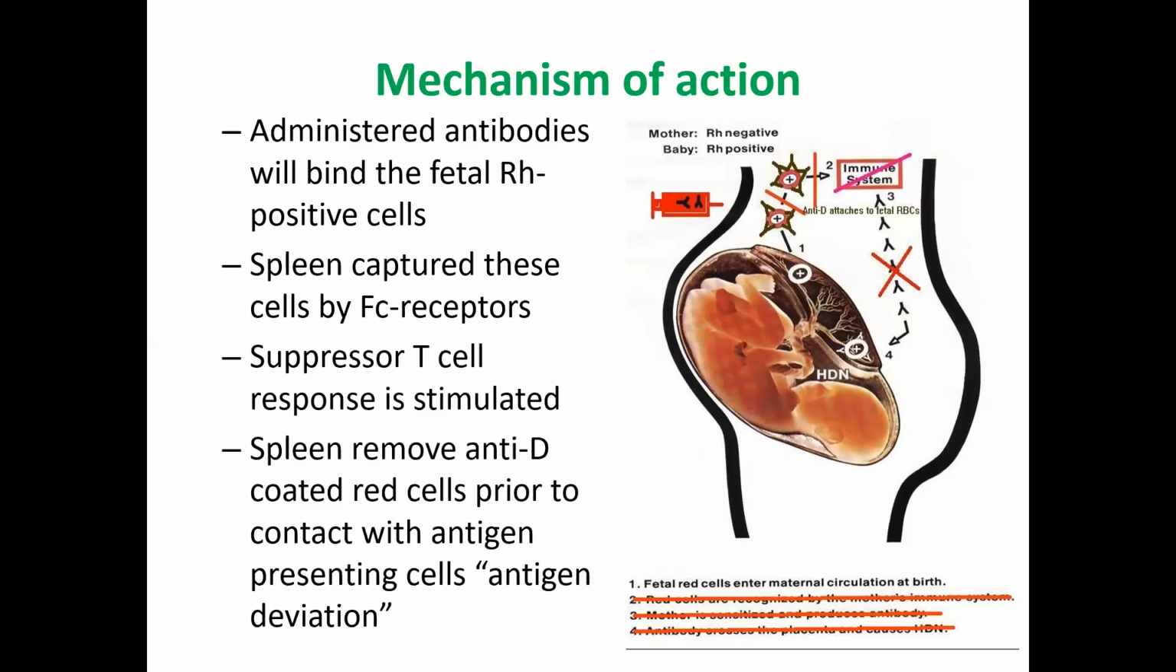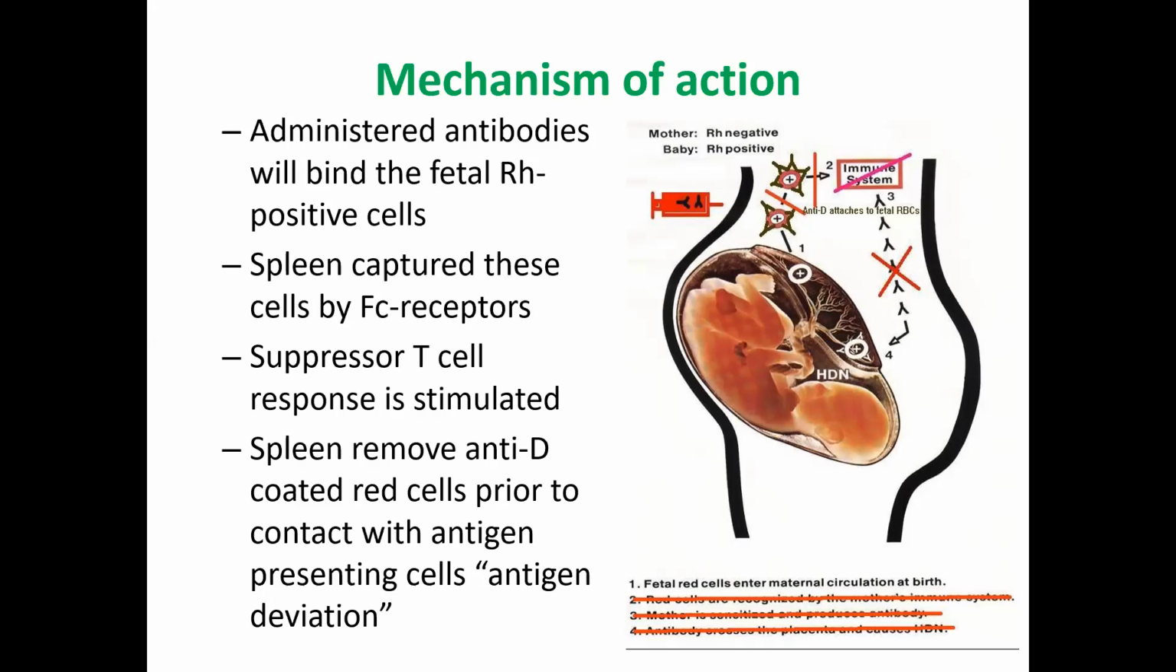Okay, so first of all, when we administer antibodies, they will bind the fetal RH पॉजिटिव सेल्स। ठीक है, तो क्या करते हैं जब एंटी एडमिनिस्टर करते हैं हम जो एंटीबॉडीज को, फीटल RH सेल्स को बाइंड कर लेती हैं। स्प्लीन कैप्चर दीज सेल्स, जो स्प्लीन होती है मदर की वो क्या करती है, कैप्चर करती है ये जो बाइंड सेल्स हैं RH पॉजिटिव मींस RH पॉजिटिव एंटीजन जो बाइंड सेल्स हैं फीटल की, उन्हें कैप्चर कर लेती है बाय द रिसेप्टर FC रिसेप्टर।